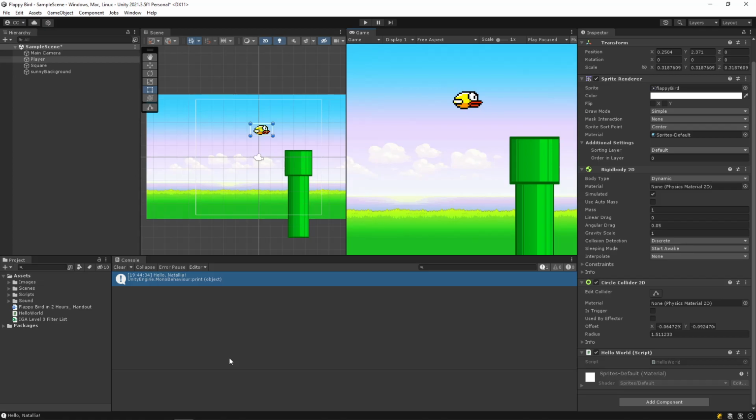So we have Hello World, and Hello World is not going to make this game for us. It's a great way to learn programming, but it's not going to make Flappy Bird flap. What we actually want is Flappy Bird to flap, Dylan. So in order to make that, I'm actually going to show you a shortcut to create a script. Really fun thing that I loved the second I discovered it.